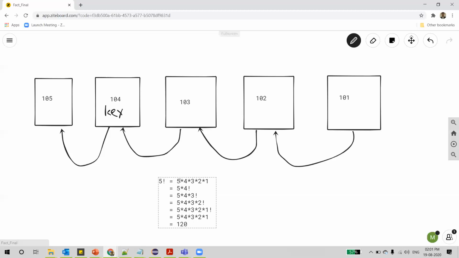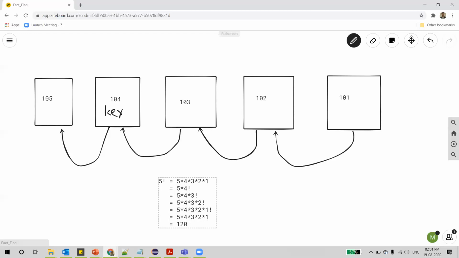If you observe here, to find the 5 factorial, we started with finding the 4 factorial, and once we get the result of 4 factorial, we can multiply it with 5. Again, how are we finding the 4 factorial? We'll first find the 3 factorial and then multiply it with 4, and so on till the number becomes 1. Then we'll stop, and in reverse we'll calculate the product of all the numbers, and finally we'll get the result of the factorial of the given number.